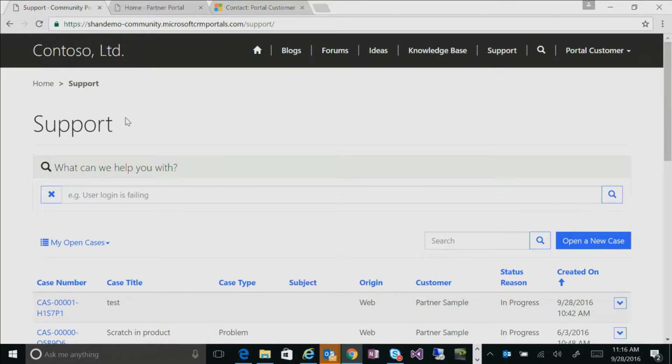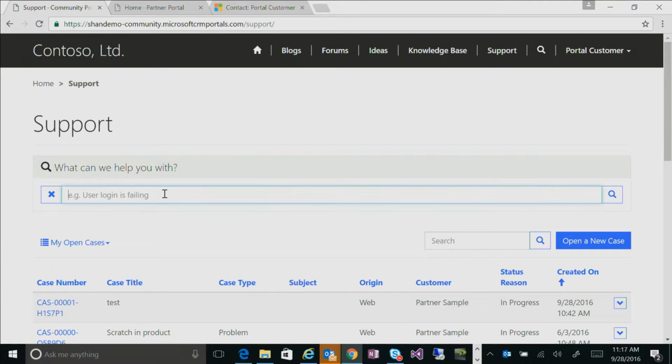So the way we do that is with case deflection. Case deflection has a couple of things. We actually are going to search in advance for what the customer wants to see if we can find information that's already in the portal that helps them to find their answer. Customers love that because they start with a problem and they can find an answer right away, and away they go and they're happy. They don't even open a case. The organizations love it because you don't have to open another case that you're managing.